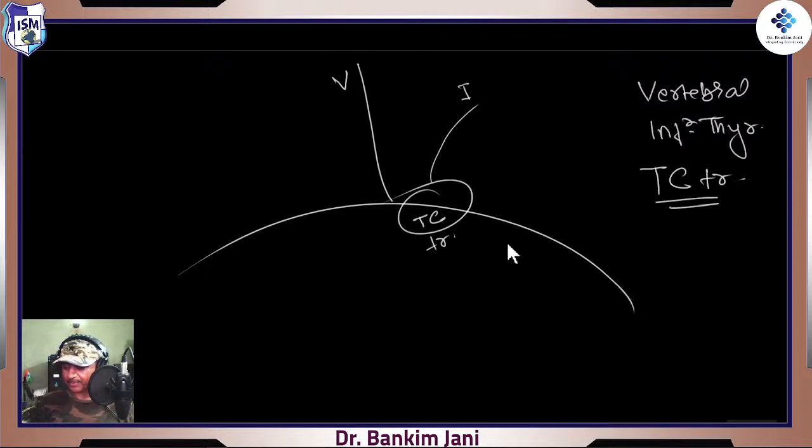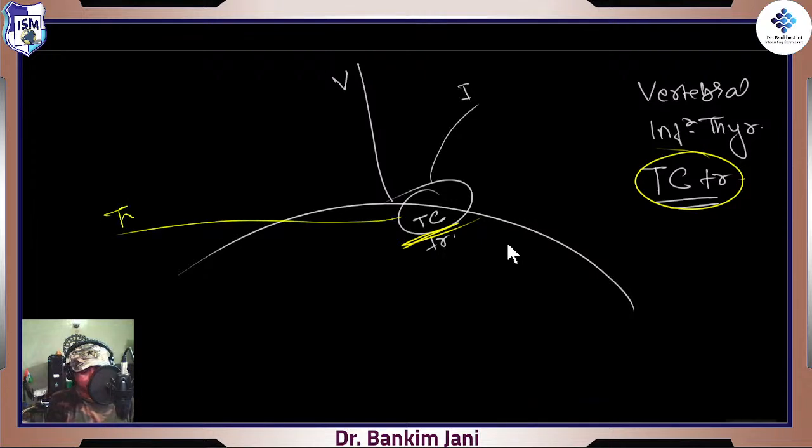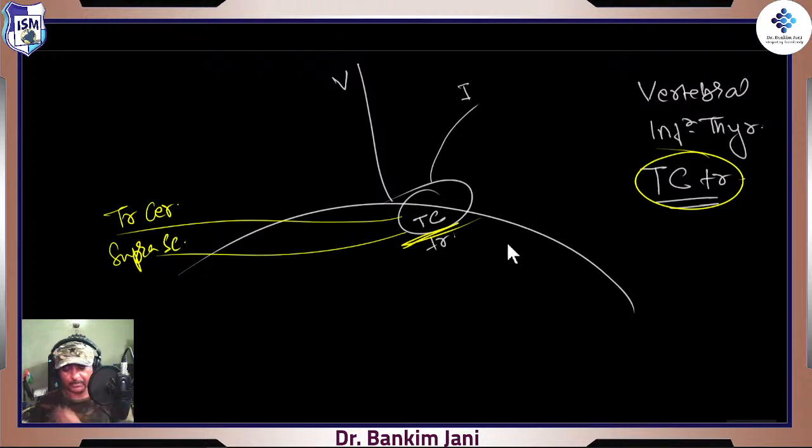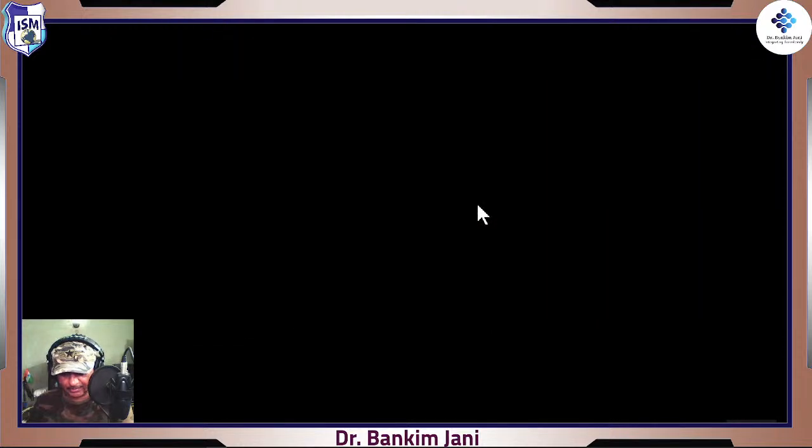So done, thyrocervical trunk. Now for the thyrocervical trunk, we change the color. Thyrocervical trunk was giving those two branches: one was the transverse cervical and another was the suprascapular. So that is done. What else? Over here,